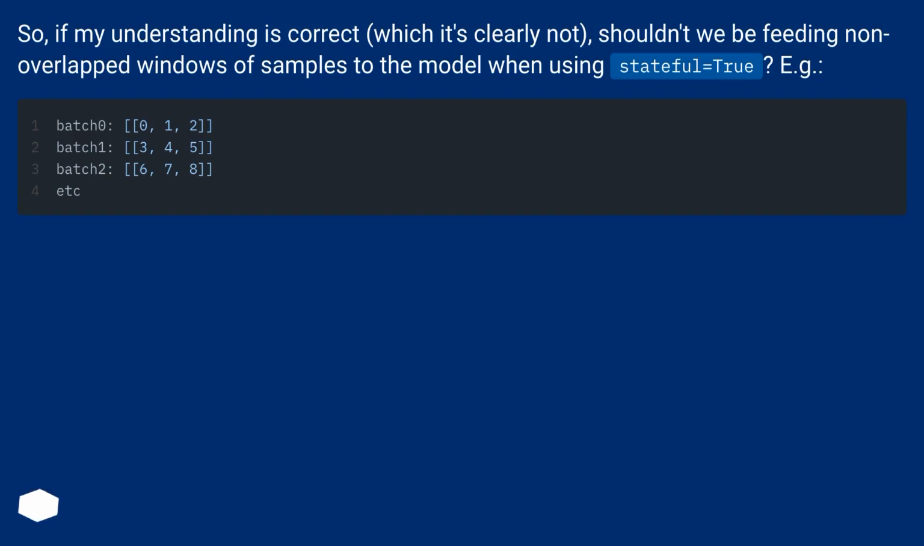So, if my understanding is correct, which it's clearly not, shouldn't we be feeding non-overlapped windows of samples to the model when using stateful equals true? For example,